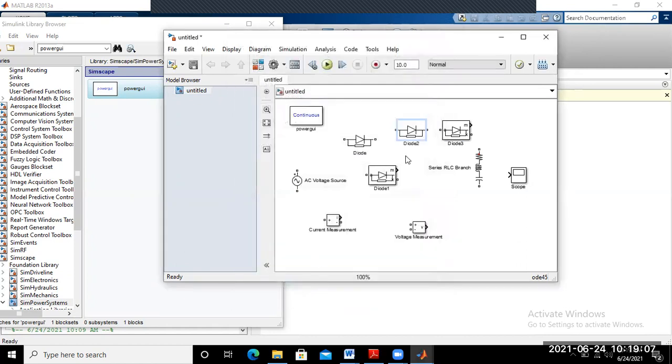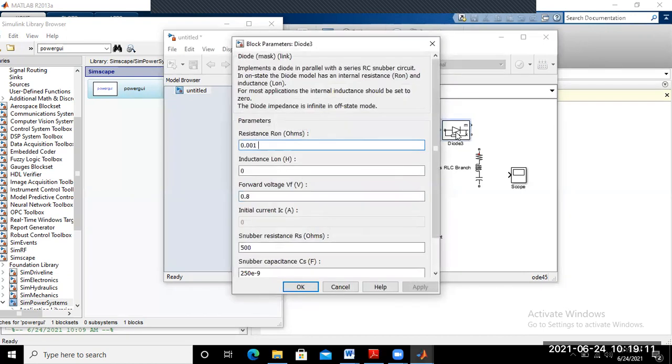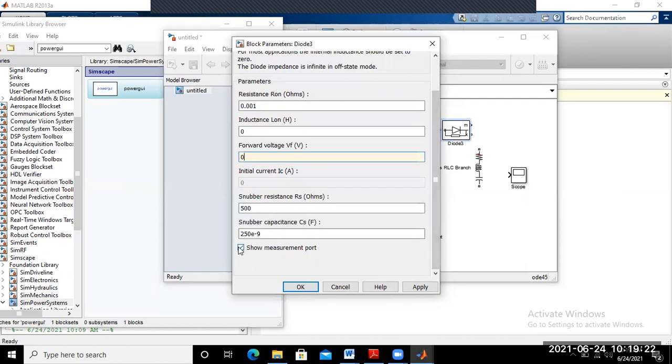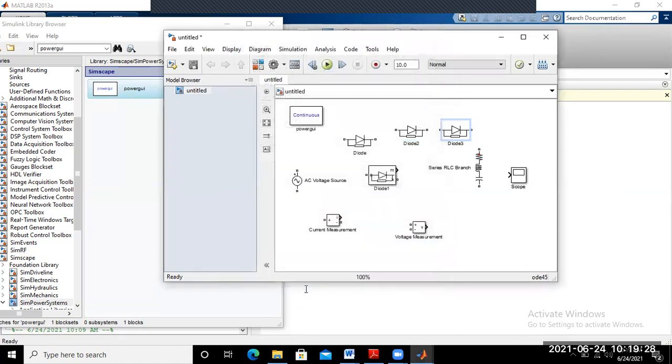Okay. So again for this diode, put the forward voltage drop as 0 and measurement port, apply and OK.